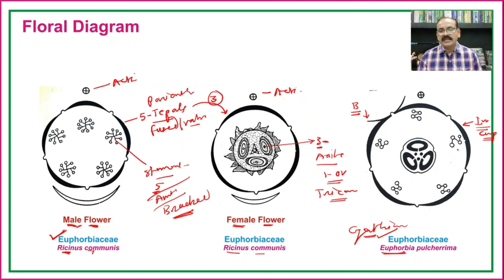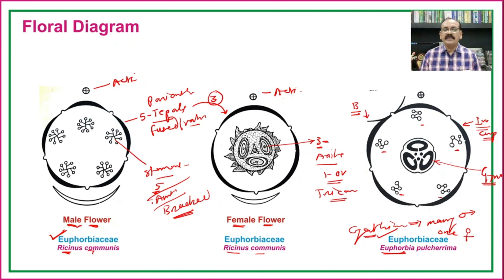There is a development of flowers or the stamens which are opposite to it, and there is a presence of a single female reproductive organ or the female flower in the form of gynoecium. So, in the cyathium there are many male flowers and one female flower in the center.